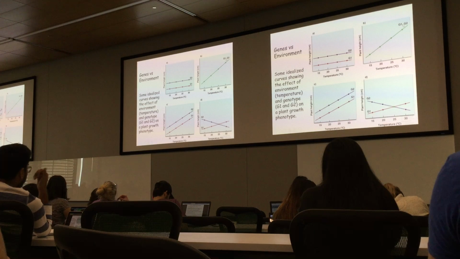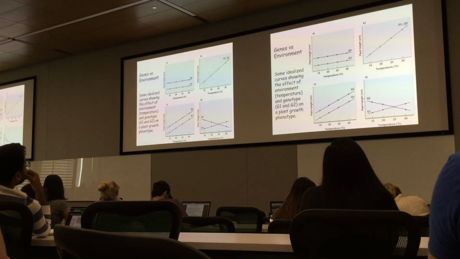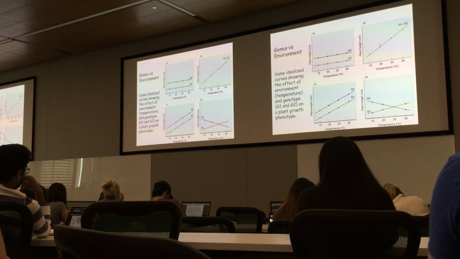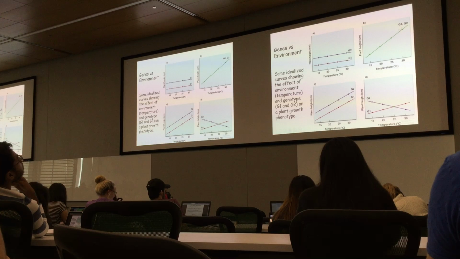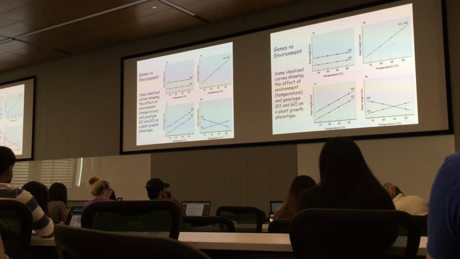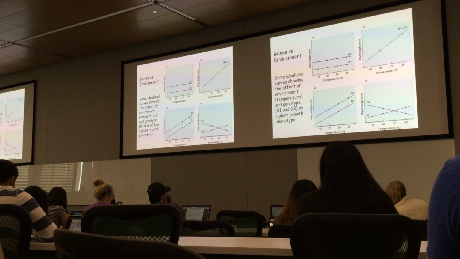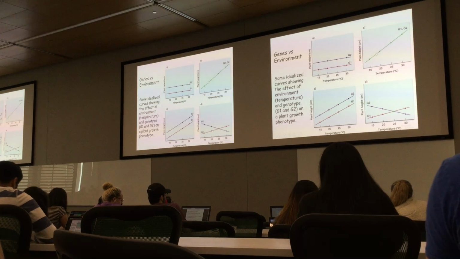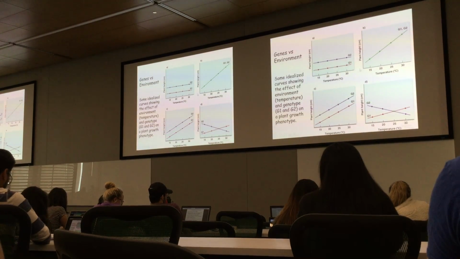Okay, here's another one. Here the idea is strain G1 and strain G2 are both influenced by the environment in exactly the same manner. So that's fine. You wouldn't be able to distinguish G1 and G2 in an experiment like this. They respond identically. So here, the variation from this to this to this is purely environmentally